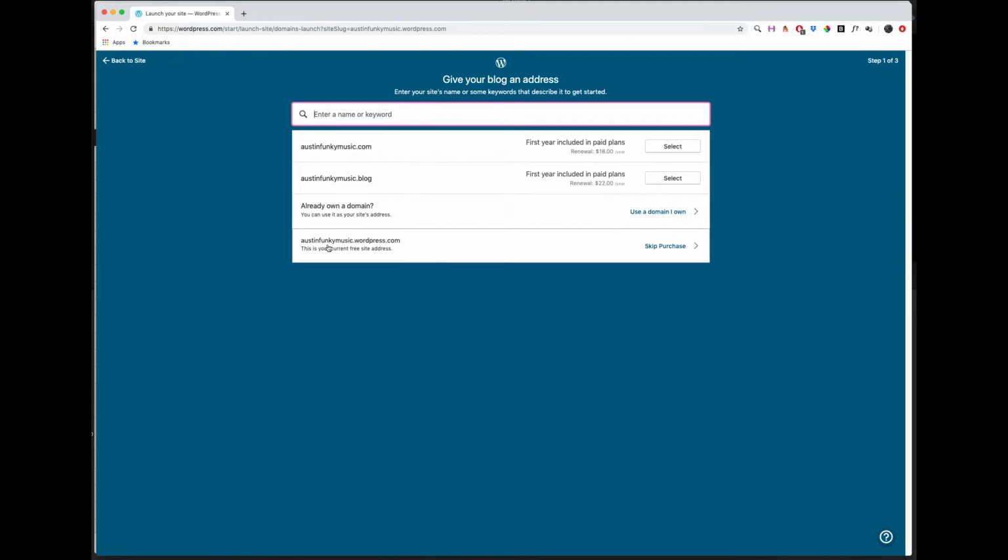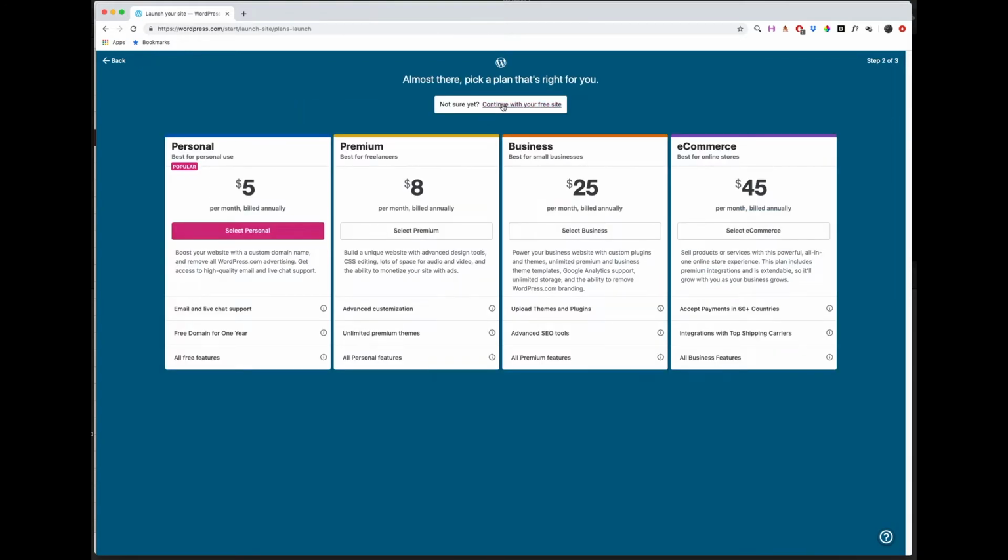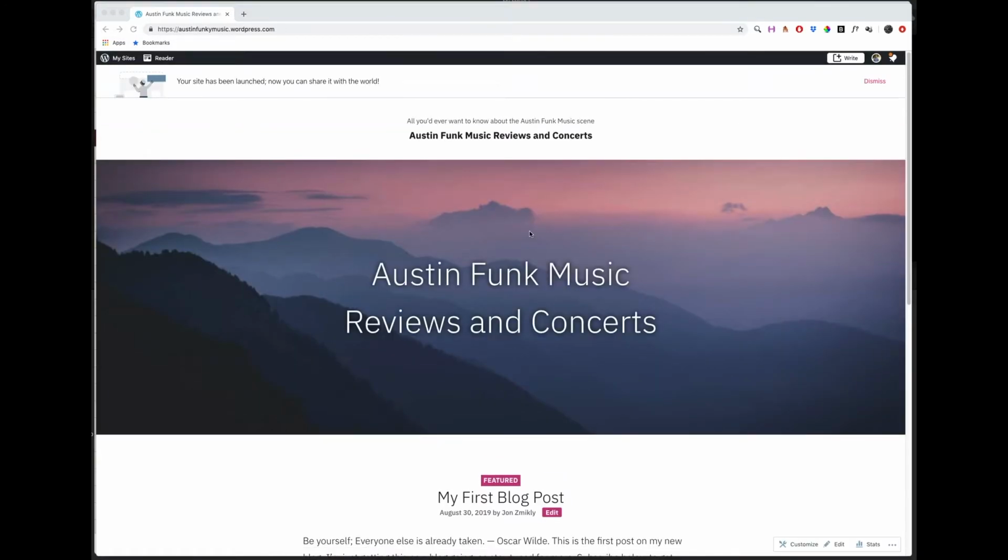They're really trying to sell these subdomains and domains to you. But what we're going to do is choose this bottom one that says this is your current free site address. We're going to skip the purchase and continue with the free site. Okay, so now that my site is published, you'll see that it's been launched. We can now share it with the world,